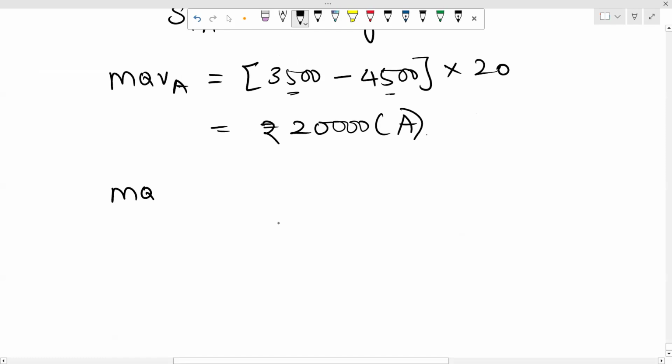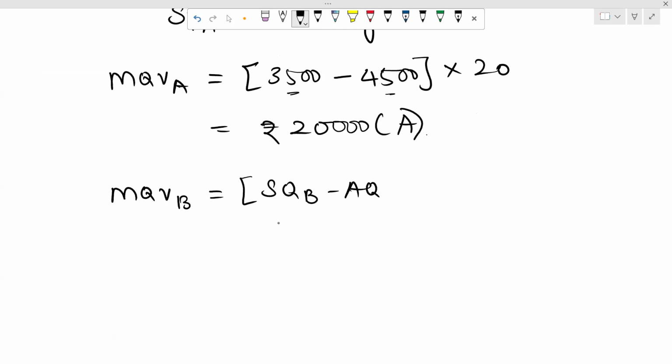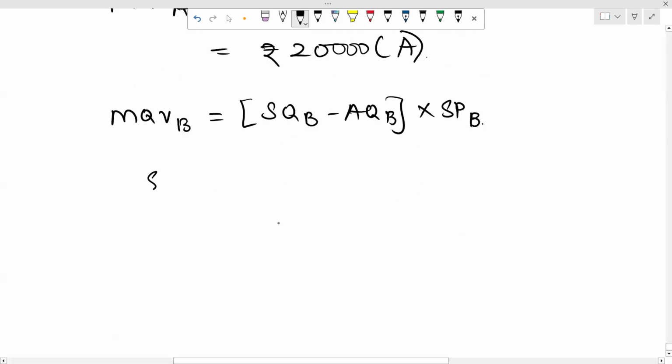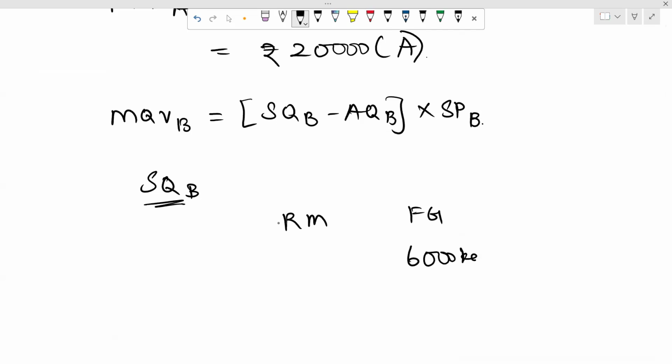Similarly, calculating material quantity variance for raw material B, the formula is standard quantity of B minus actual quantity of B into standard price of B. So here we are going to follow the same procedure again. First, let's calculate the standard quantity of B. So raw material and finished goods. In order to produce 6,000 kg of finished goods, we are expecting to use 2,250 kg of raw material